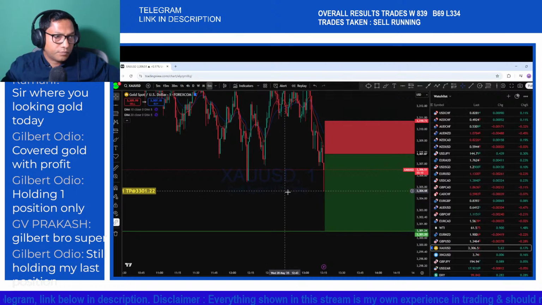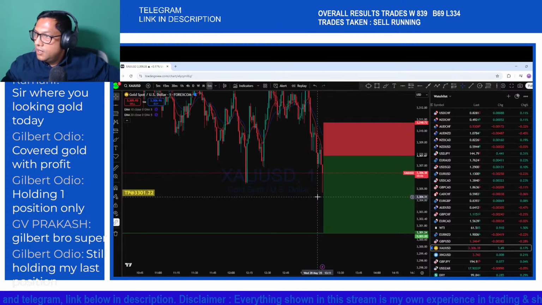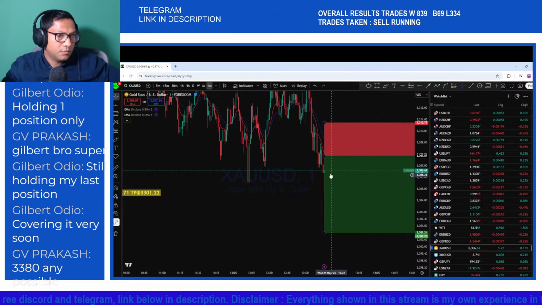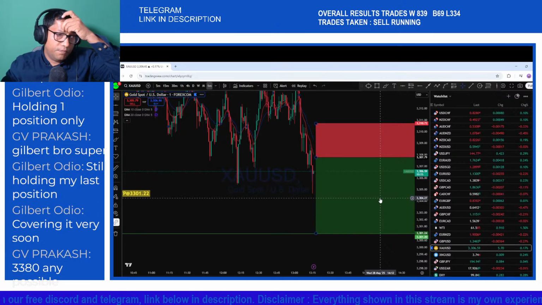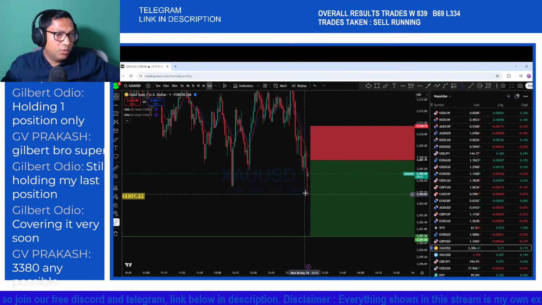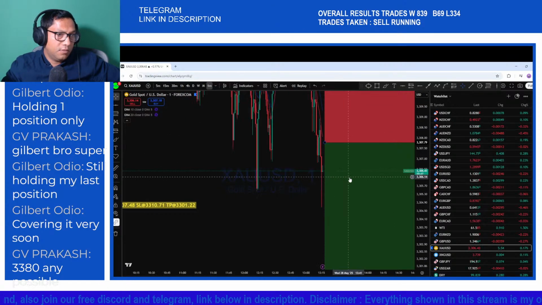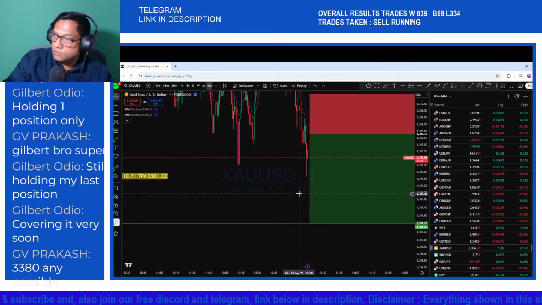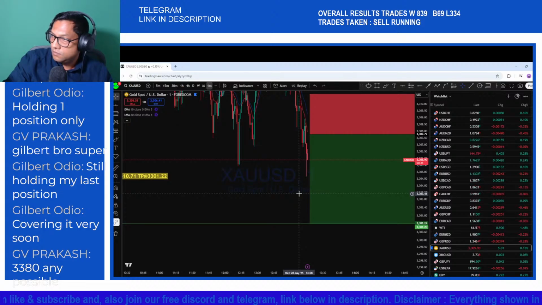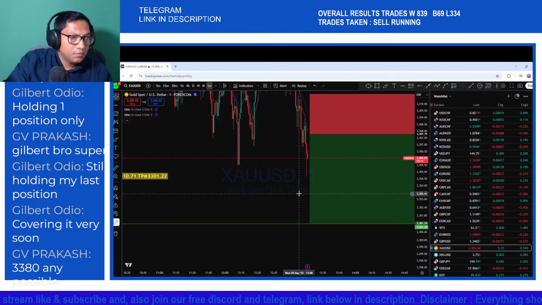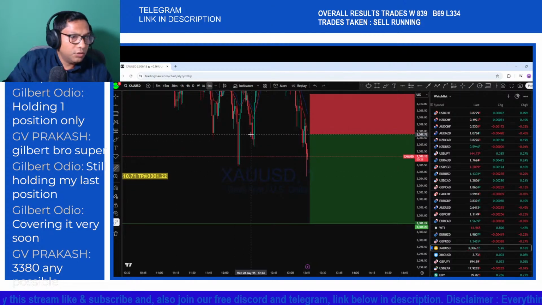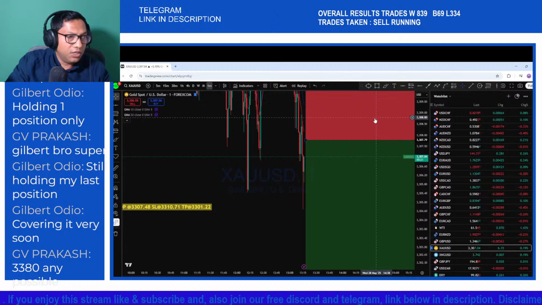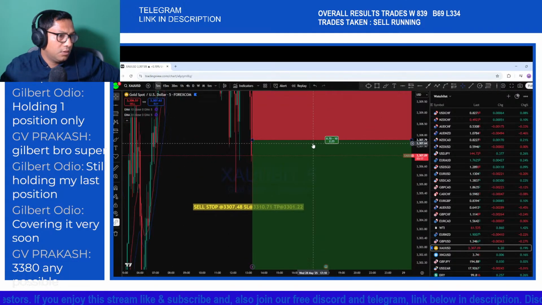Come on now, trying to pull back. I think there's still a possibility for downside, though there is a long wick, but I'm still holding it because you want to take a bigger profit here. So looking for this market to